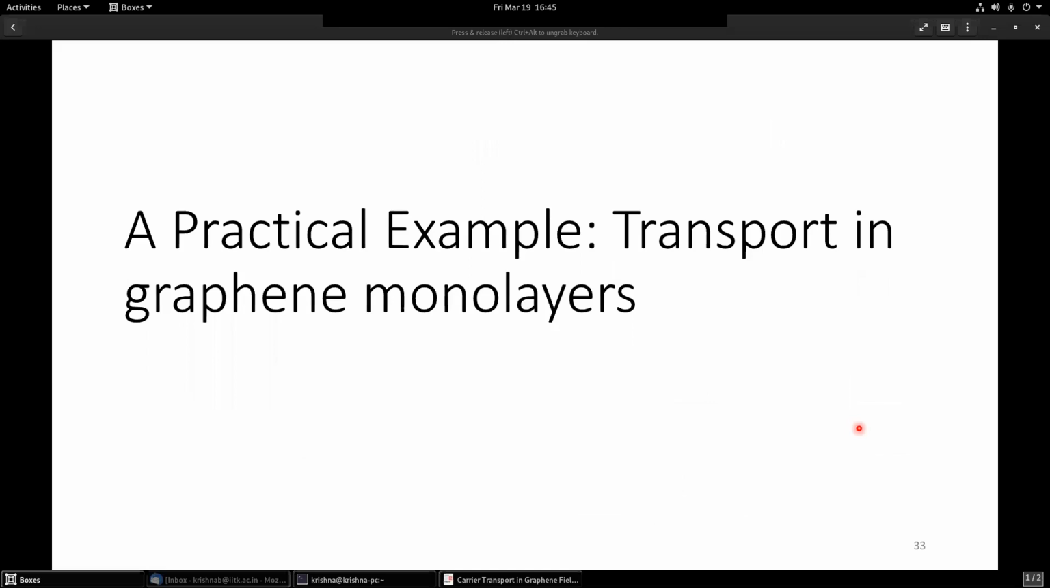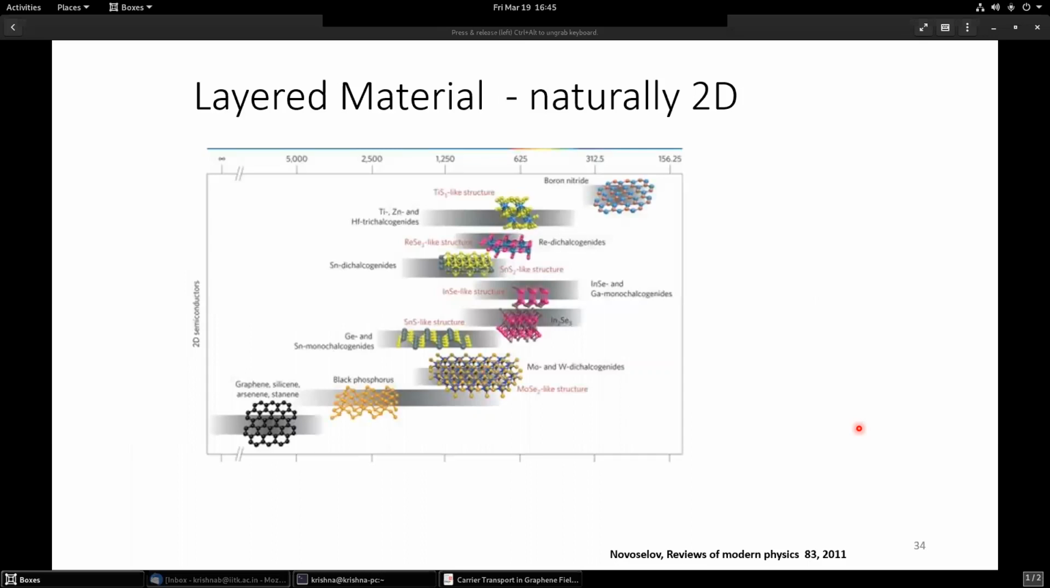Now that we have seen some theory, let me very quickly cover some basic use of these scattering theories in practical examples. So I suppose all of you must know about layered materials. There are a bunch of layered materials, with some different classifications. One, you have elemental layered materials like graphene, silicene, arsenene, stanene, I don't know, galenene. There are so many such